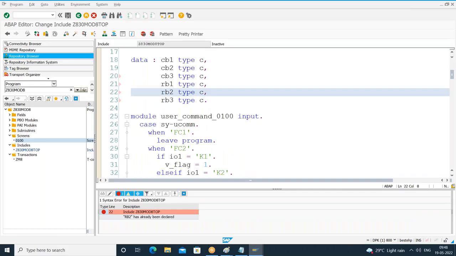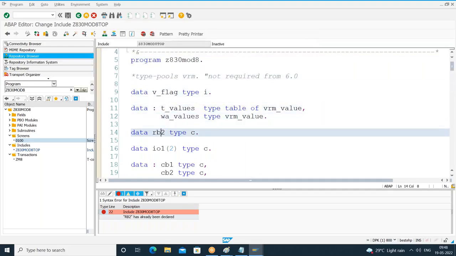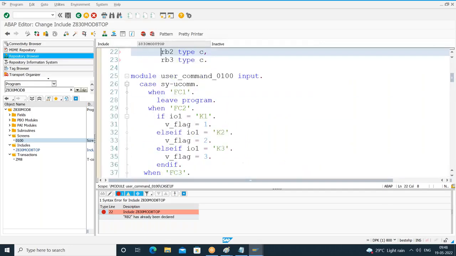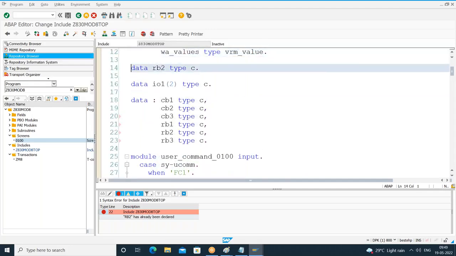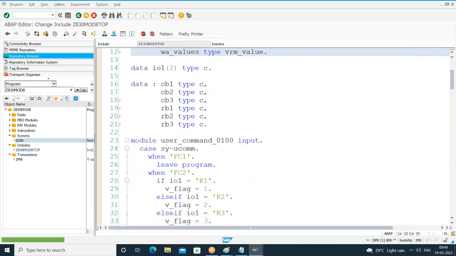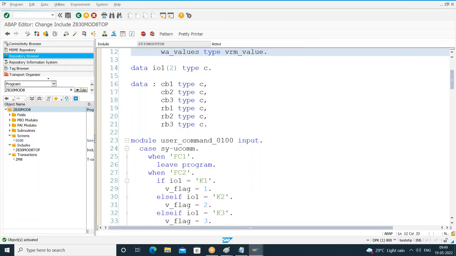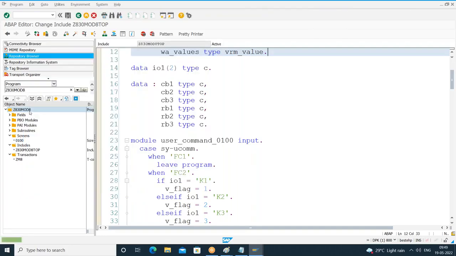RB2 is already declared, because initially, to make the default, I declared this RB2. So I'll remove it from here and keep it there only, so that everything will be in the same place. Activate this. Okay, so when I activate and execute,